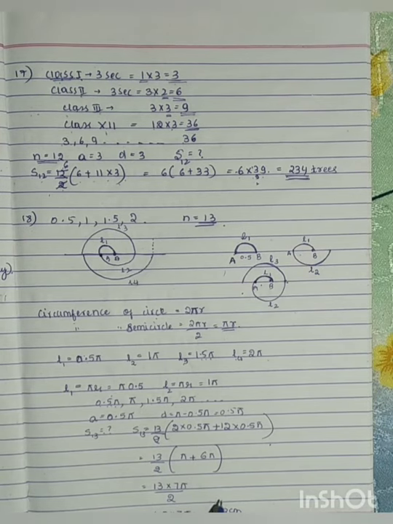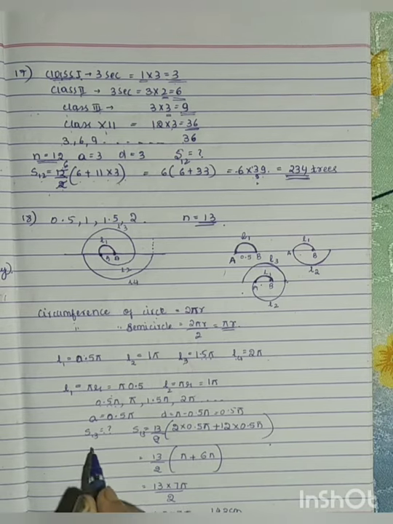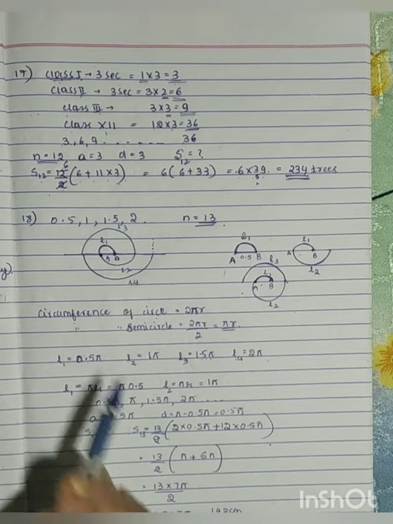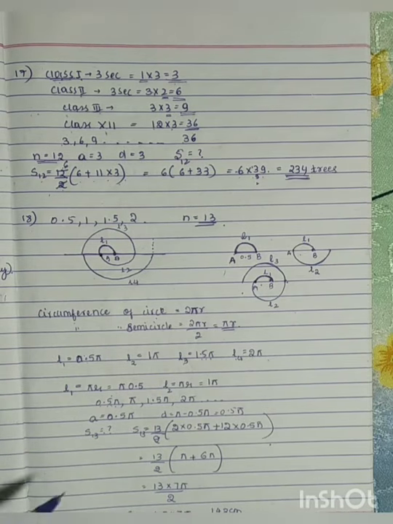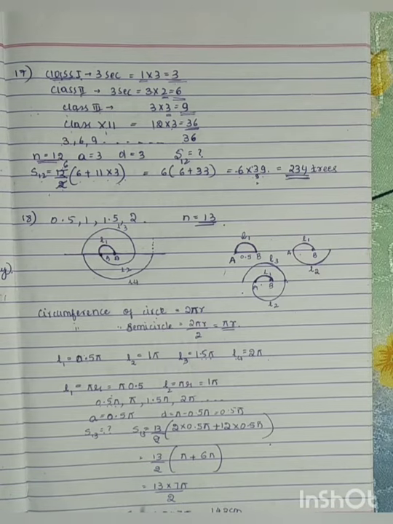So this would be the total which comes. Okay. So the S13 here is 143 centimeter. That is the length of this spiral. When it goes up to the 13th one, it comes up to 143 centimeter. So all of these word problems, they may look lengthy, but once you understand them, once you solve them, they are really very easy. So you have to read it properly, understand them, and then you have to know what is A, what is D, and so on.